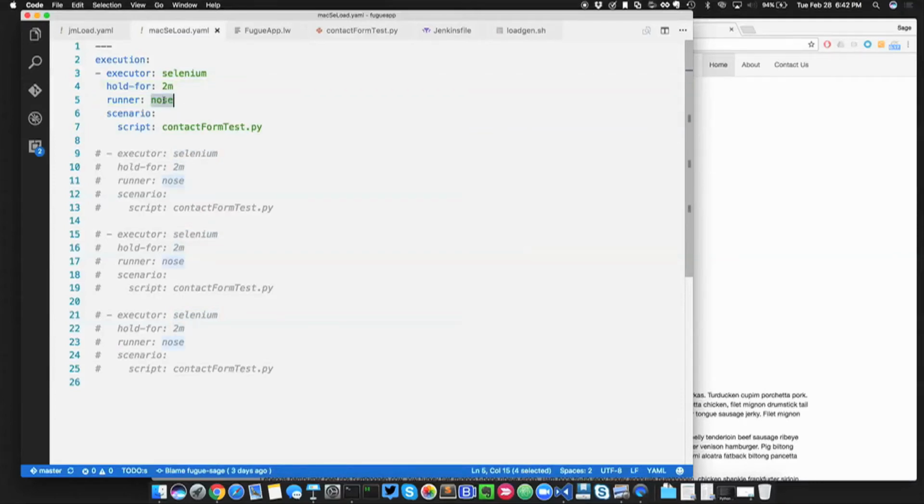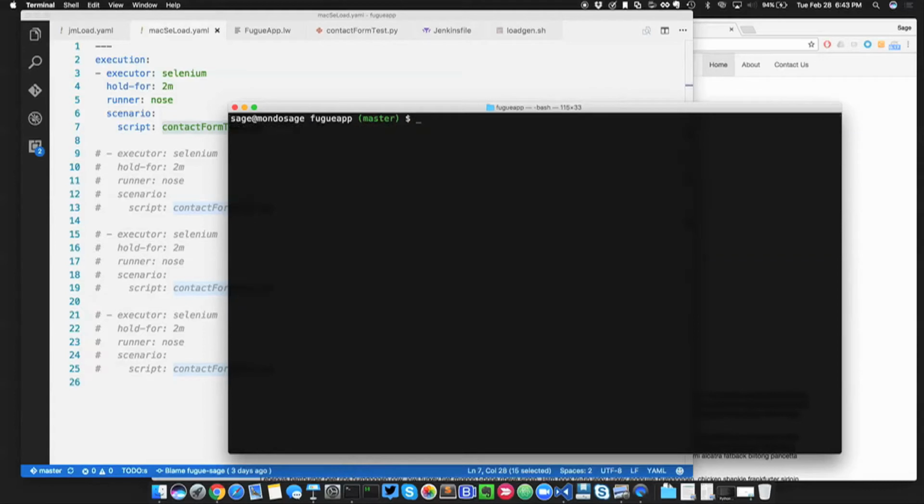With Selenium, we have a test runner involved, some kind of framework that we're using, right? So JUnit or something like that. I'm using Nose because I'm using Python. Taurus has some subset of test frameworks that it supports. And for the scenario, we'll just point out our test. So if I run this right now, I'll just run